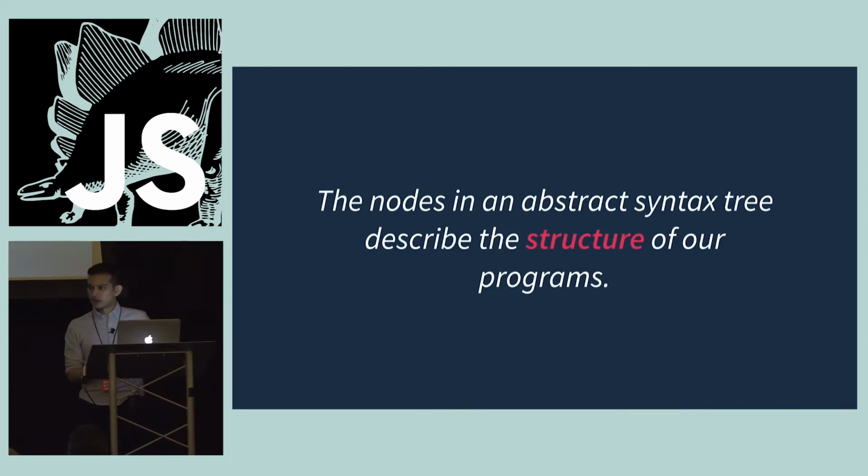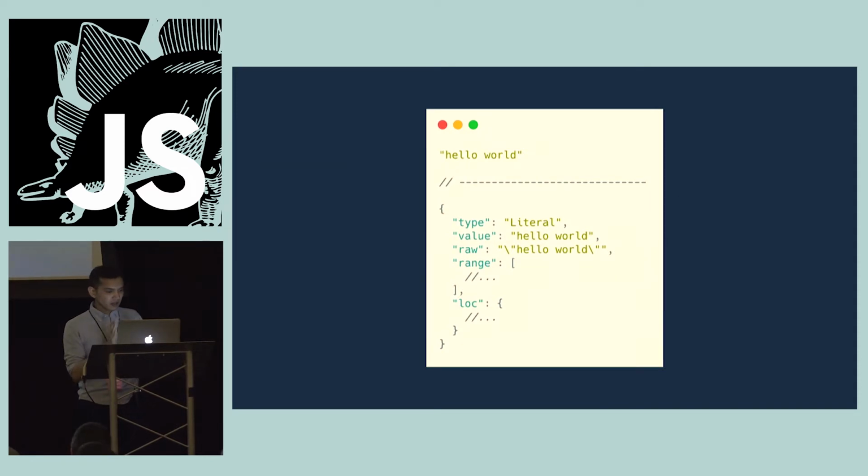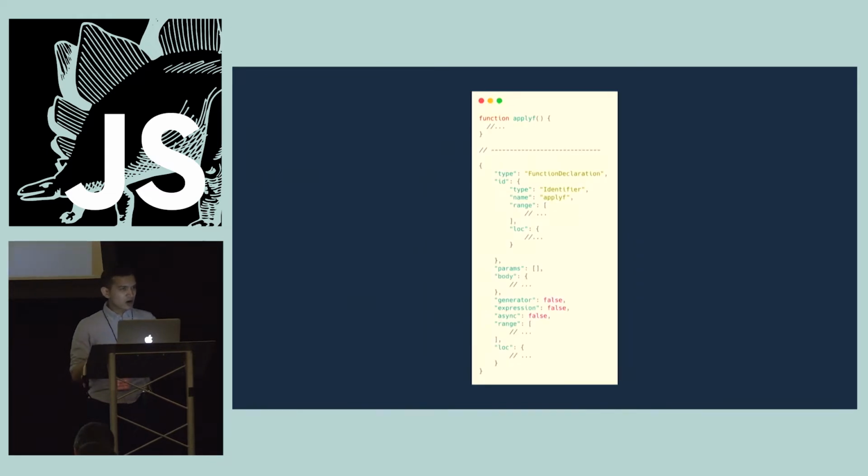of our programs. So let's take a look at a node. Here's an example of the AST node for the string hello world. With JSCodeshift, the nodes are plain JavaScript objects. There's no magic going on here. We can identify nodes by their type. If we take a look here, this node has the type literal. For a more complex example, let's take a look at this function declaration. We can see that the type is function declaration, spoiler alert, and we even have access to its name and